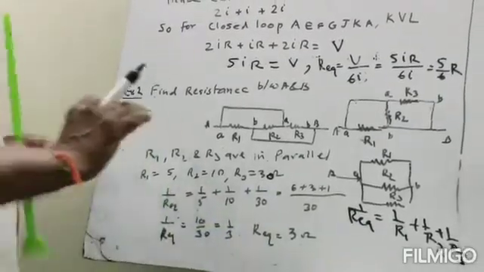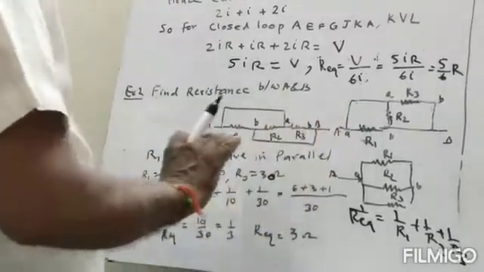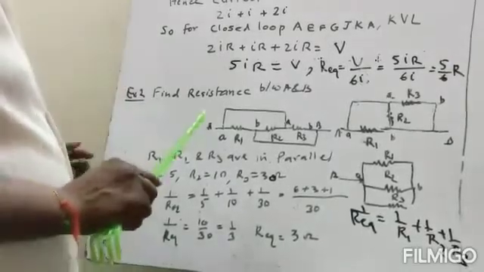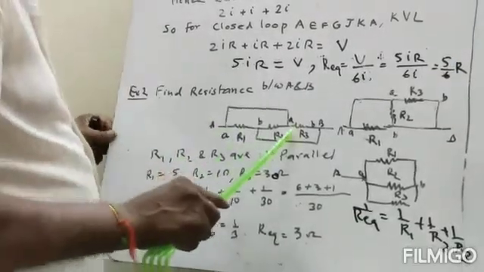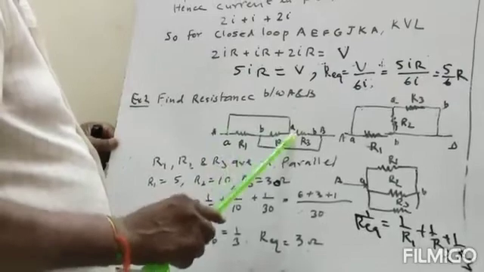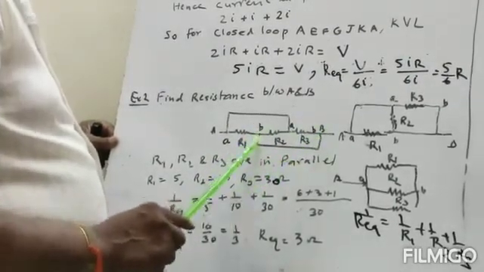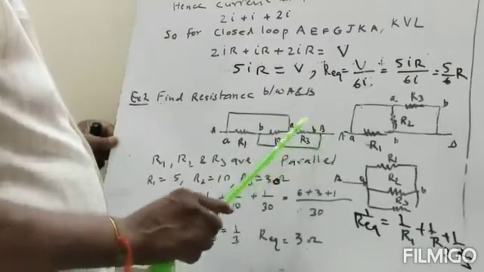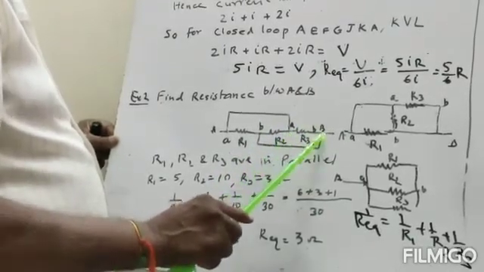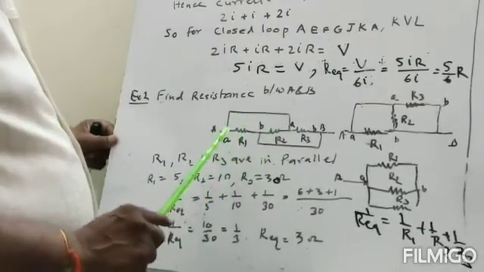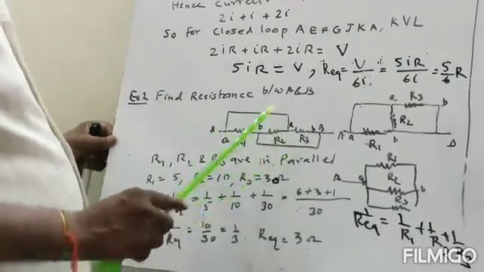So these circuits are similar circuits. And we only take here that this point is connected to here. So if this point is A, then this point will be also A. Here it is shorted here. So if this point is B, this point is A. So the resistance will be between A and B. This will be also A and B, this is also A and B. So all the three resistances are in parallel connection.